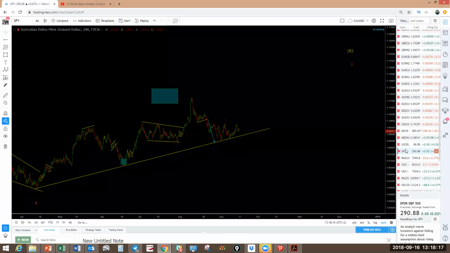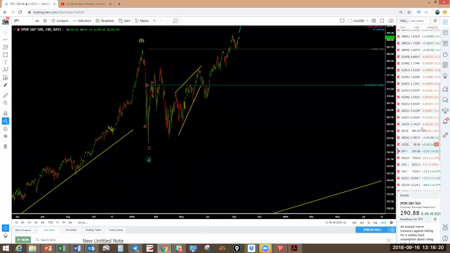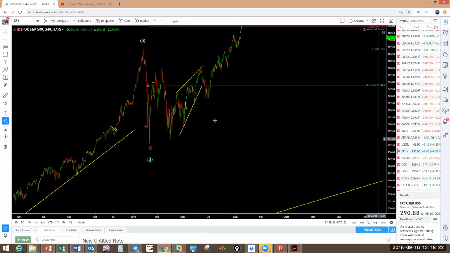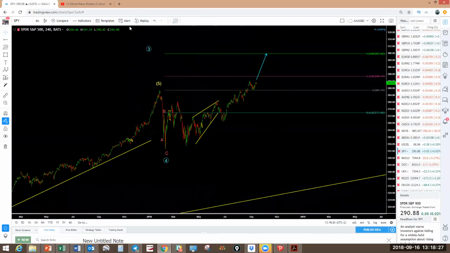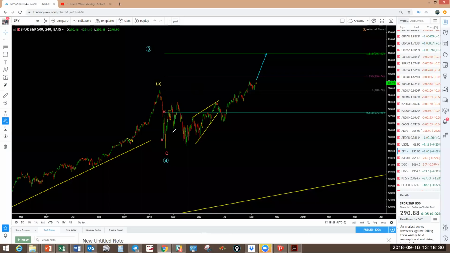Indices are very interesting. They've just been bullish all the way, as I kept saying from right when we were at the bottom, that we are simply looking for pullbacks as we are on a pulse. We are on a pulse on the indices, and now if we're looking at the S&P 500, we've made this correction, wave 4, and from there it has been rallying in 5 waves. So this is your 1, 2. It looks like internally here you've got another 1, 2, 1, 2 like that, and we are going for a wave 3 on green,